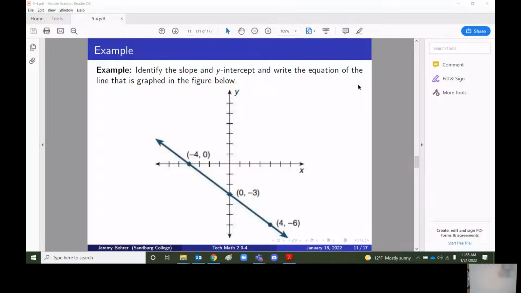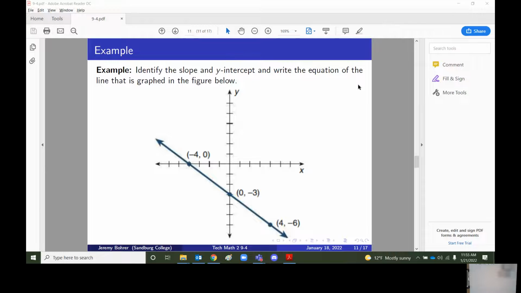In this video, we're going to look at the examples on pages 10 through 17 of the 9-4 slides. Here's the first one. Identify the slope and y-intercept and write the equation of the line that is graphed in